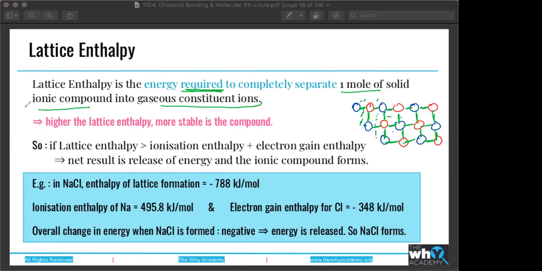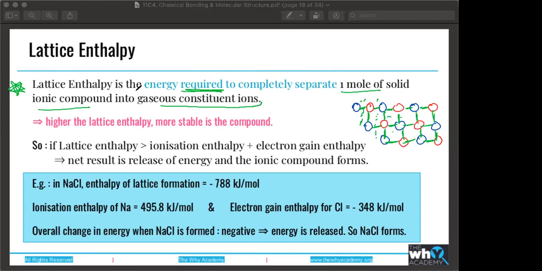Isn't it the other way around? No, this is the technical definition. It's good to have a particular standard, right? If I say NaCl has lattice enthalpy of 566 kilojoules and MgCl2 has lattice enthalpy of, I don't know, 445 kilojoules, and I don't mention a positive or a negative value, it's going to be a little confusing. So this is the standard that is taken so that whenever you do a comparison of lattice enthalpy, you know this is the measurement that we have taken that way. Got it, ma'am.